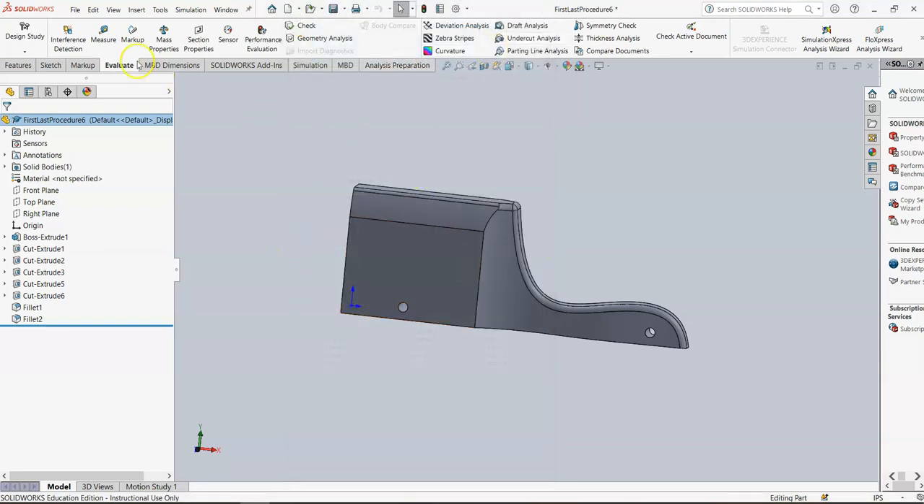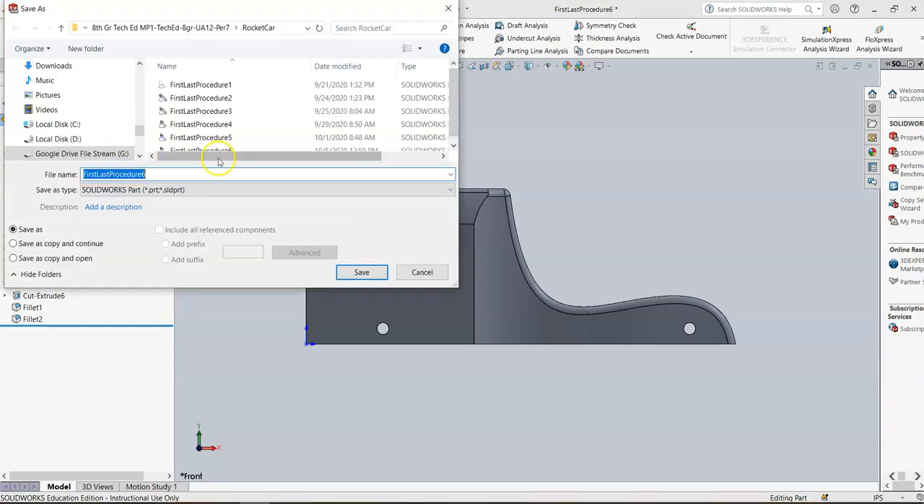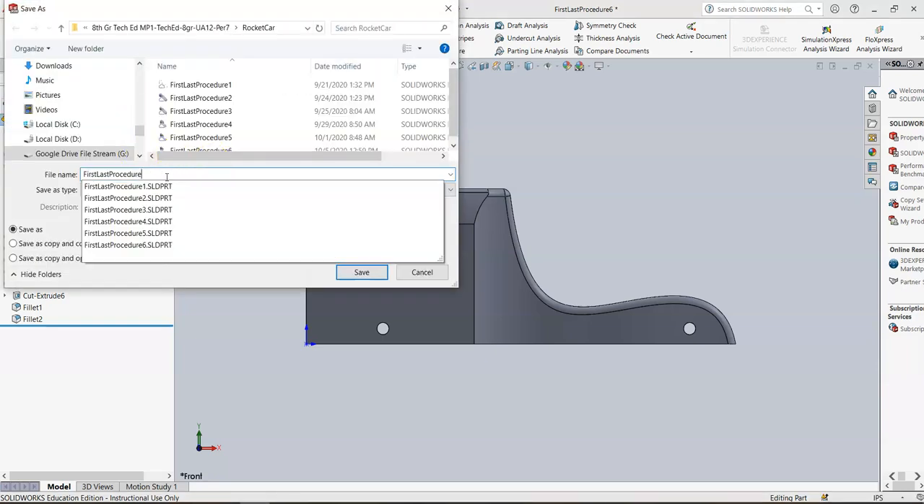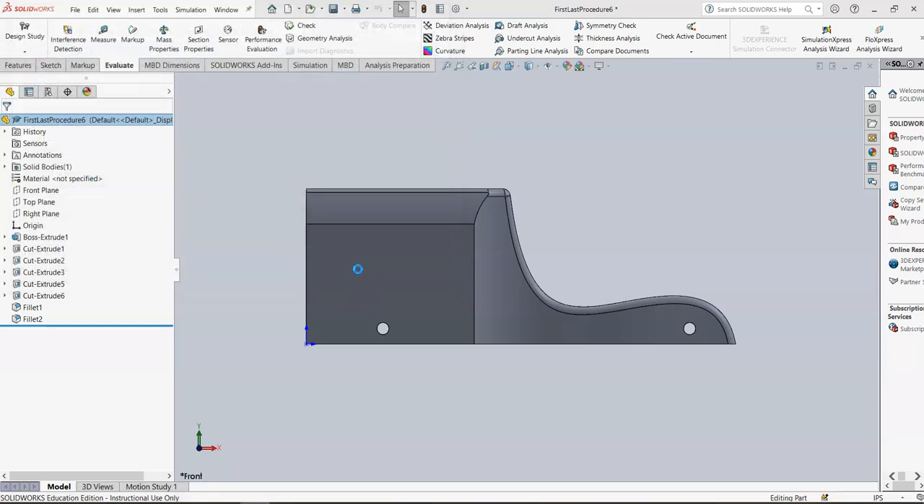All right. So what I'm going to ask you guys to do when all that stuff checks out, and you're also sure that you have no pockets anywhere, is go to File, go to Save As. I'm going to have you save it as first name, last name, procedure 7, and you are going to submit